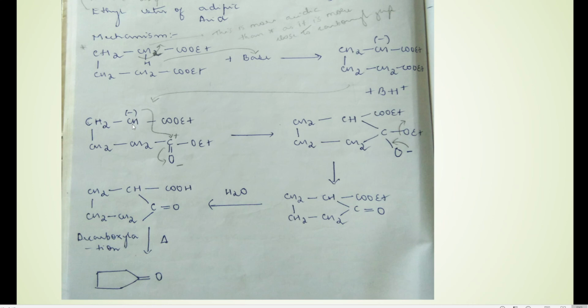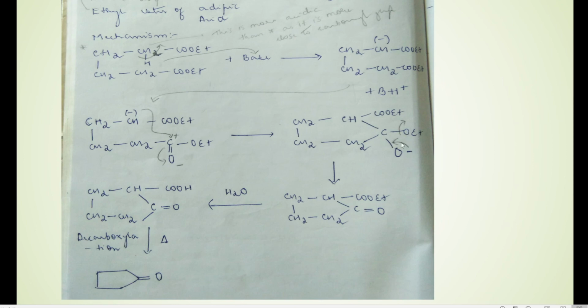So what have we done? We have formed a bond between this carbon and this carbon here, and here O minus is there because this double bond migrated onto this oxygen as minus. So in this step what happens after this bond is formed? Once again this double bond that got migrated onto oxygen gets shifted back between carbon and oxygen. That time what happens to this carbon's valency? It is getting disturbed because it will get valency 5. 1, 2, 3, 4 and 5.